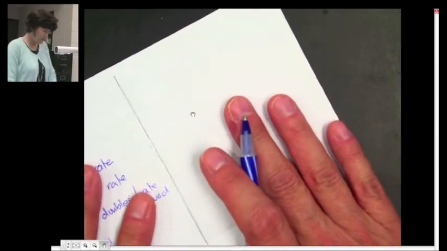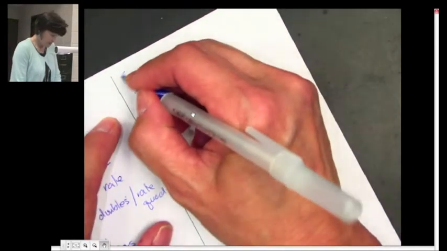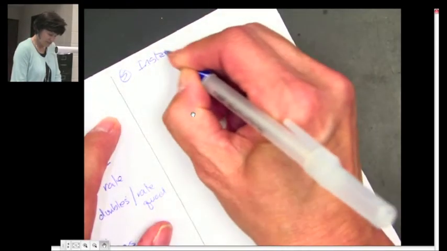So let's go inside and we'll draw one, kind of familiarize ourselves with it. So if we look at instantaneous rate,